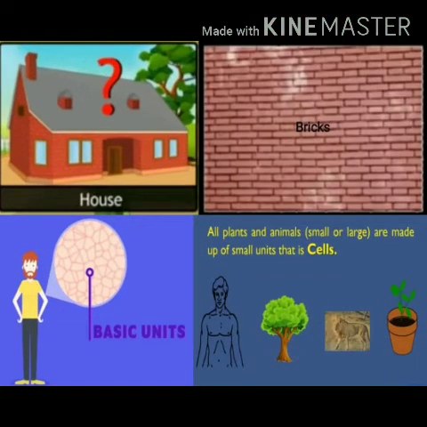It will be more clear with the help of this example. What is your house made up of? Tell me, your house is made up of what? Yes, it's made up of bricks. And of course, so we can say that bricks are the structural unit of the house, or they are the building blocks of the house. Yes, in the same manner, we say cells are the building blocks, or you can say structural unit of all living organisms, whether big or small. So I hope now you are able to define cell. Cell is the structural and functional unit of living organisms.